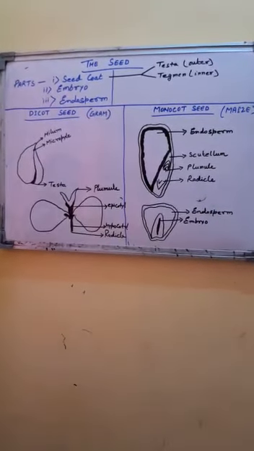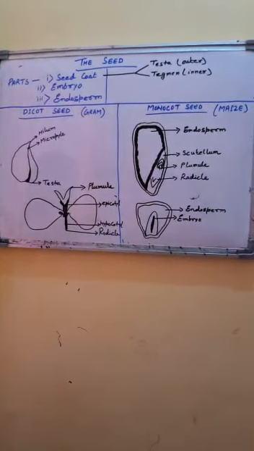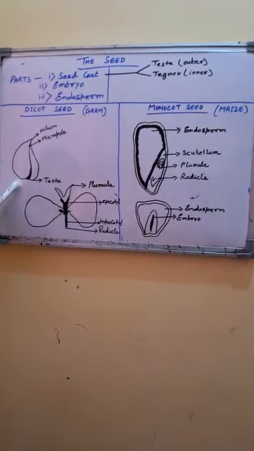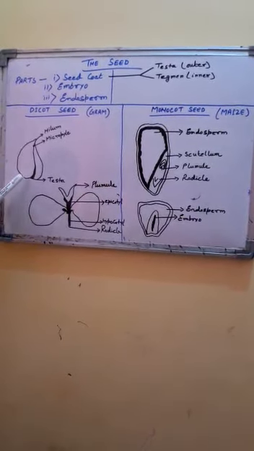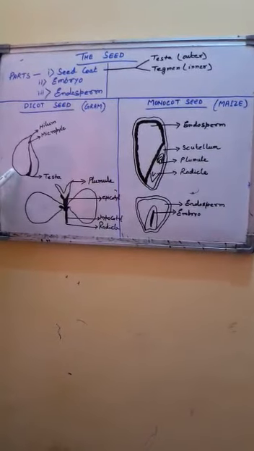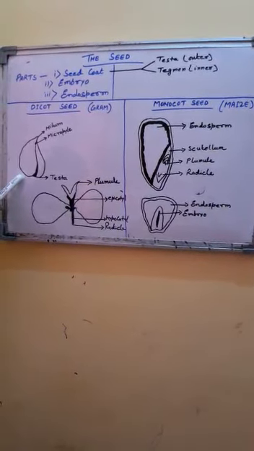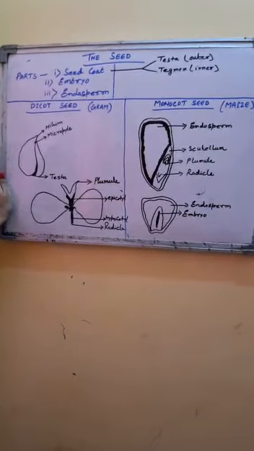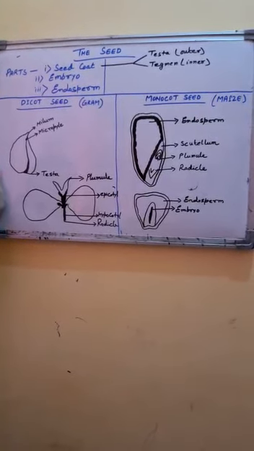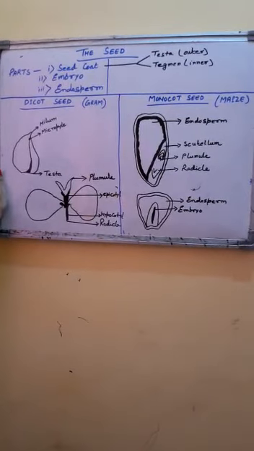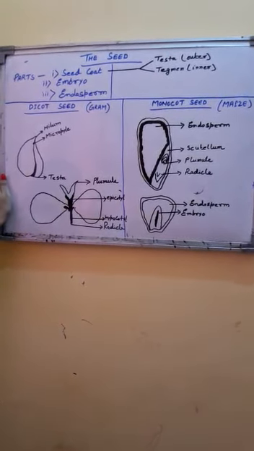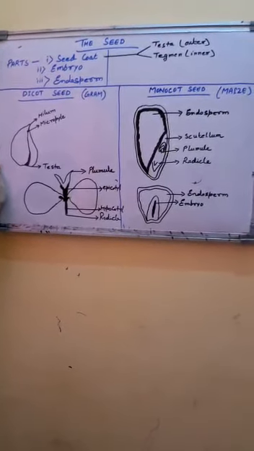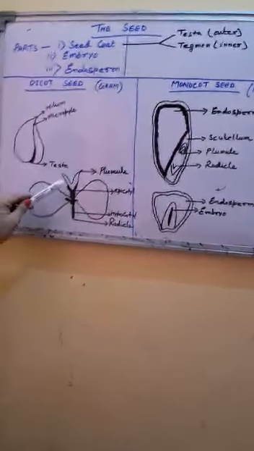A dicot seed has two cotyledons. Good examples are bean, pea, gram. Here the structure of gram is explained. The gram seed being dicotyledonous has two cotyledons present in it. It is a non-endospermic seed and it means that endosperm is consumed by the cotyledon at an early stage. Gram seeds have two cotyledons, and these cotyledons are attached to an embryo axis.